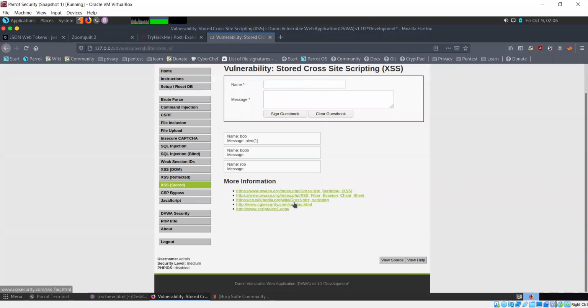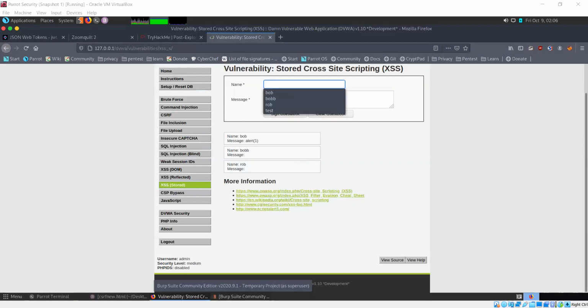So in this case, we are not able to run anything here. For the name, we are running into an issue that the length is limited. So our payload cannot fit into the limited amount of characters that are allowed there. So does anyone have any kind of suggestions as to what we are going to do in this case? Does anyone have any guesses for that?